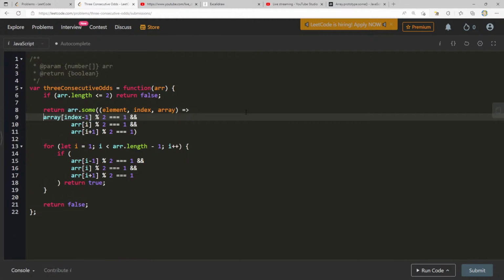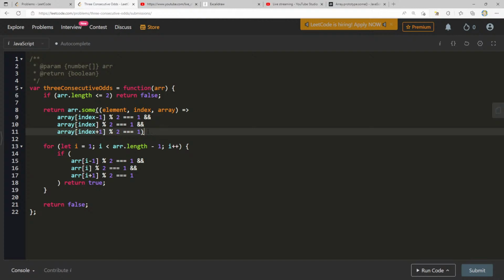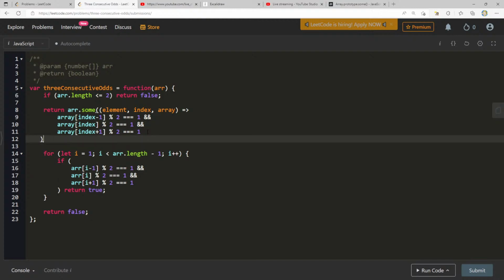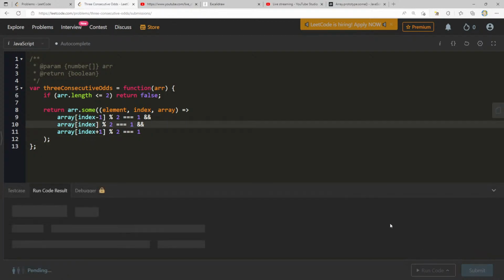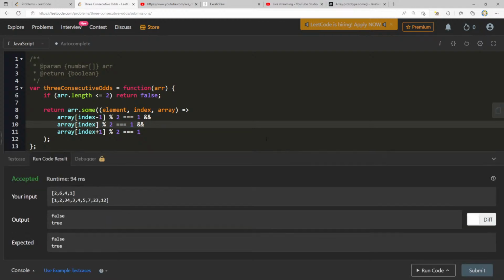I could put this on this line, put this here, put that there, index, index. Okay, so that's that. Sometimes it's hard to see this. I think that's good. We have this in here, which corresponds to the arrow function. I think this should work. Let's see. False, true, submit.